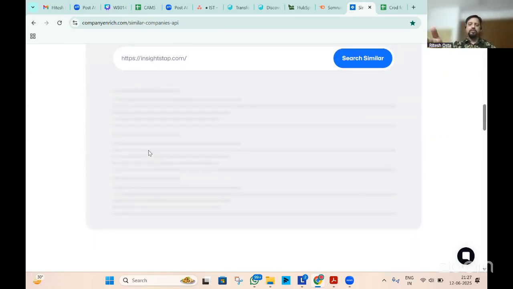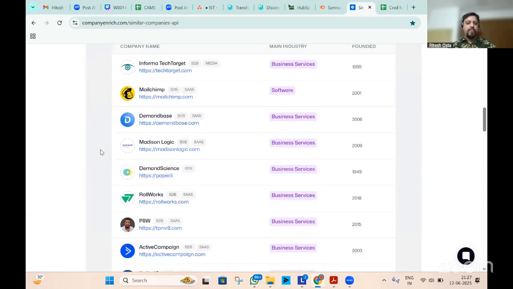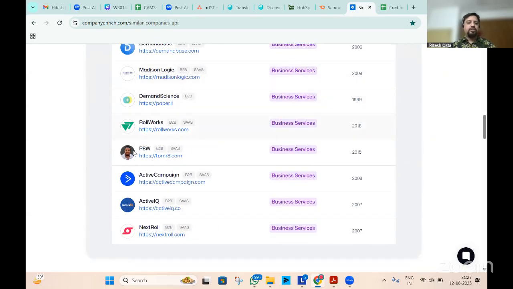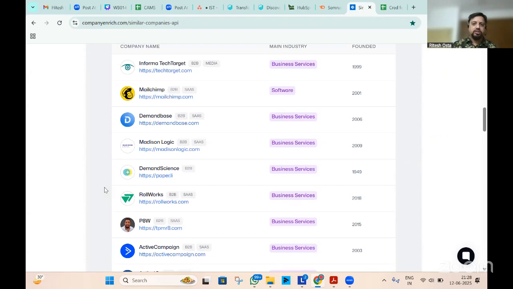Okay. I've already started working on it. I think it's going to take a couple of minutes to do all the firmographic, demographic, behavioral data match, and then it starts giving me the result, right? Okay. So obviously, not all the results are going to be 100% matching, but this is good. This is a good start, right?